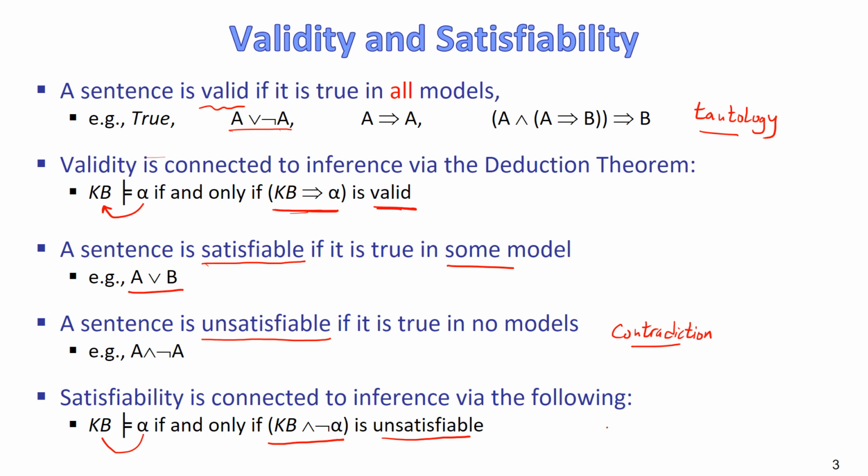Now let's see why is that. Let's see why is that. If we say that knowledge base and not alpha is unsatisfiable, that means that it is false, right? Okay. Now, if we negate both sides,